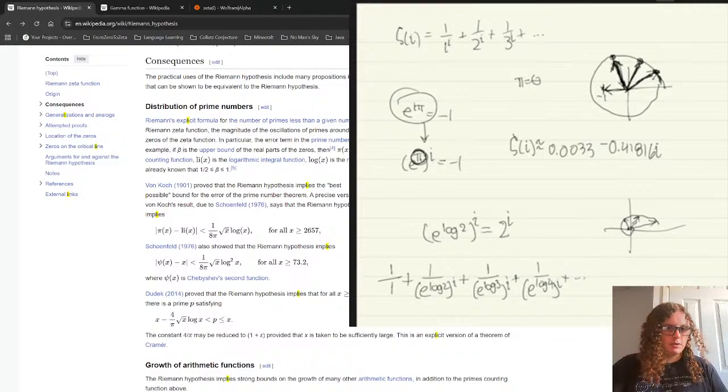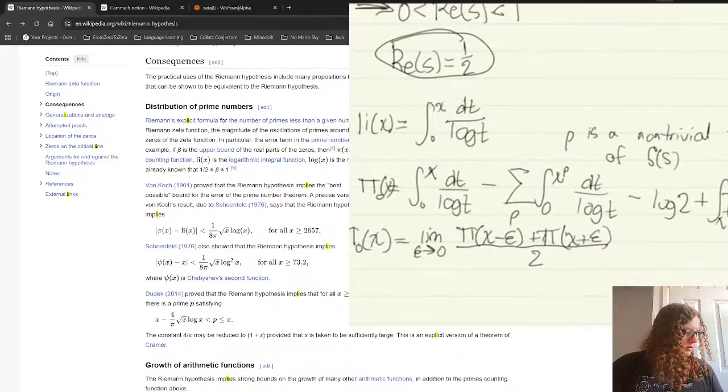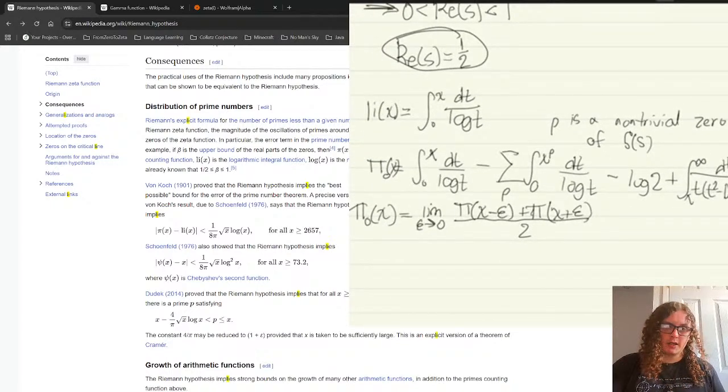So the reason why you see intervals with 1 over log is that the 1 over log is the distribution of primes. That was proven. So based on the log function,